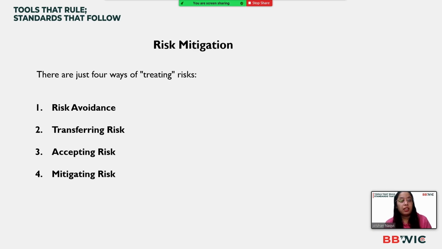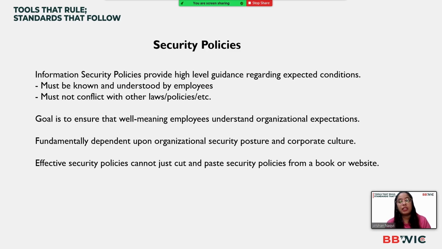Let's see the next topic, that is security policies. So information security policies provide high-level guidance regarding expected conditions, outcomes, and behavior. It must be known and understood by the employees and must not conflict with other laws and policies of the organization. The goal is to ensure that the employees understand organizational expectations, fundamentally dependent upon organizational security posture and corporate